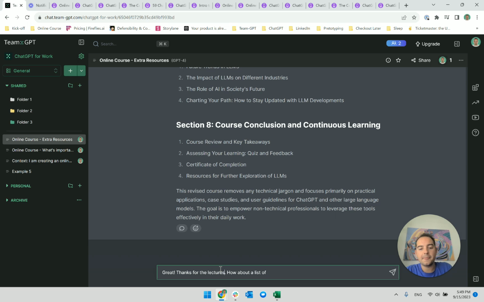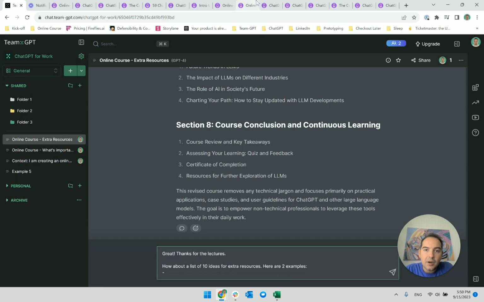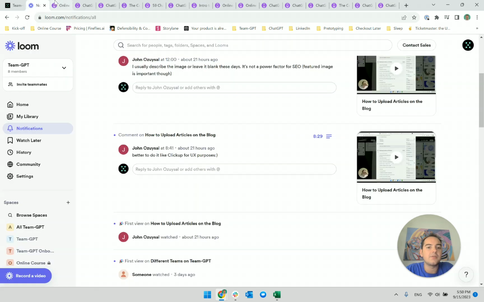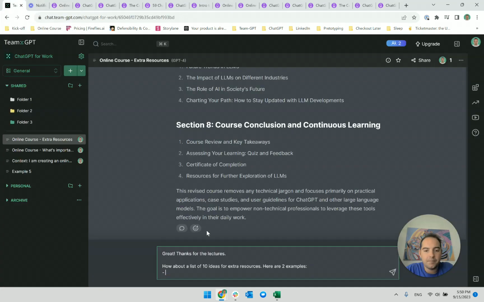How about 10 ideas for extra resources. Here are 2 examples, and I'll just go to these guys and see what they've done. Hub for important links, article, Bing is an alternative. Okay, great stuff.